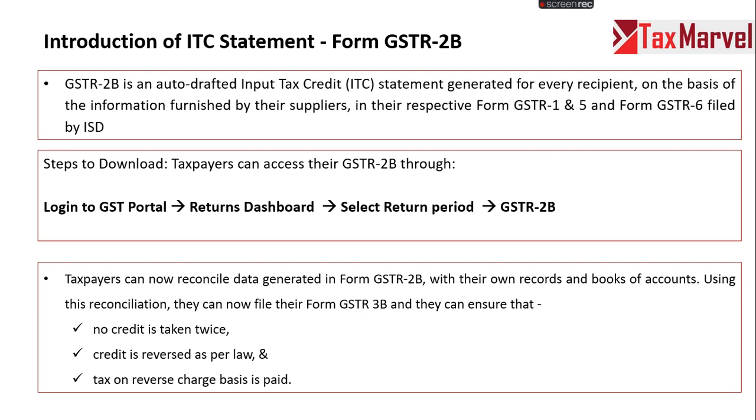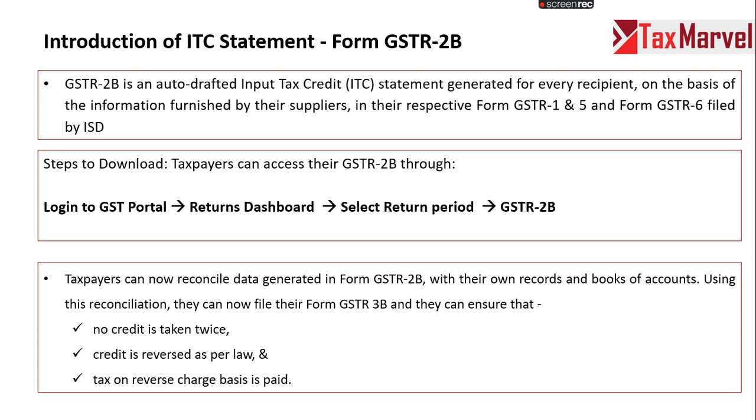So recently, the ITC statement in Form GSTR 2B was rolled out by GSTN. So what is GSTR 2B? 2B is an auto-drafted ITC statement which is generated for every recipient on the basis of information furnished by the supplier. So based on the GSTR 1, GSTR 5 and GSTR 6 filed by the suppliers, you can view GSTR 2B. It is similar to GSTR 2A, but this is a static report generated on